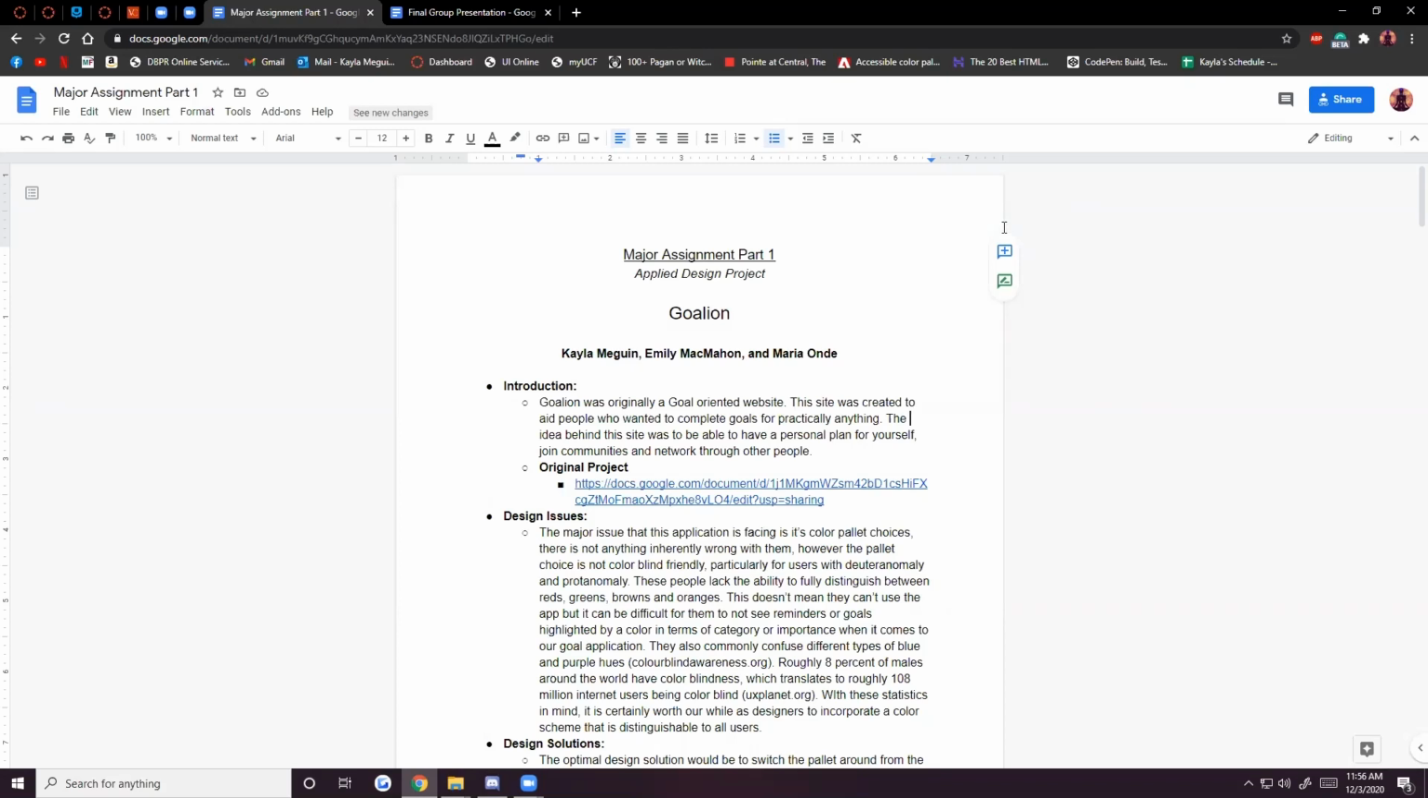Today, we will be discussing our major assignment part two, also known as our applied design project. I am going to just be giving a brief description of what this website is and the accessibility issue we tackled. So, our application is called Go Lion, and Go Lion was made actually previously with myself and Emily,